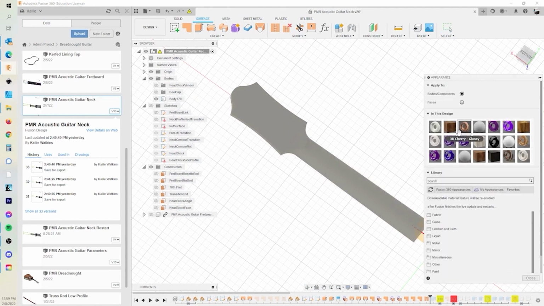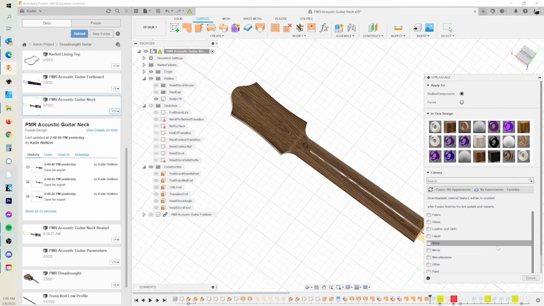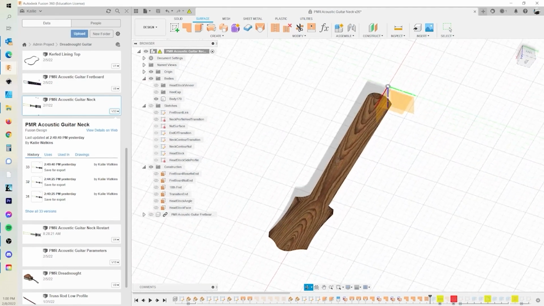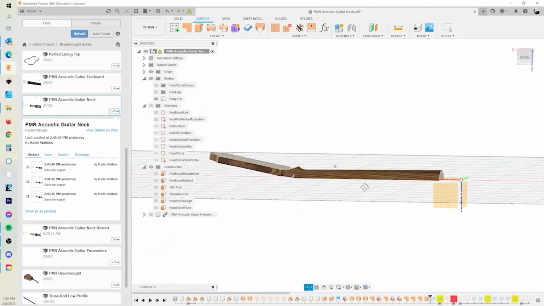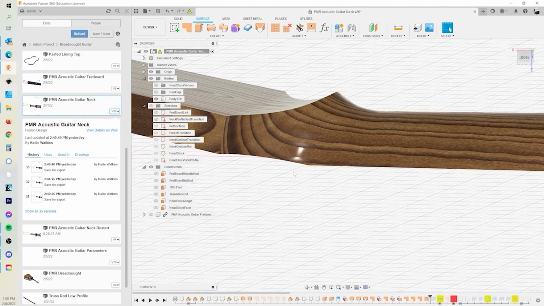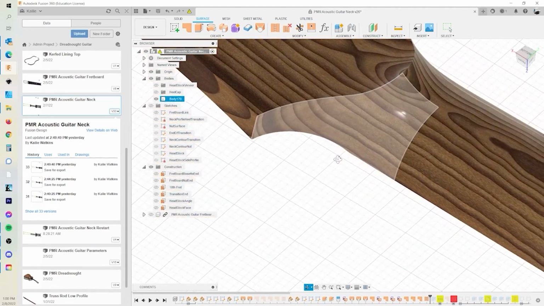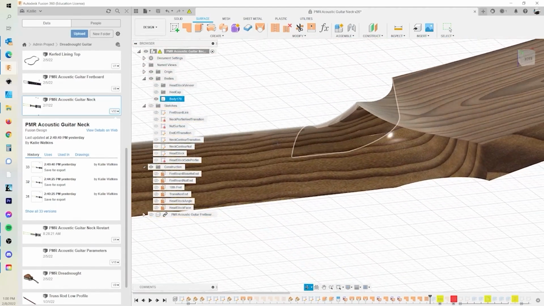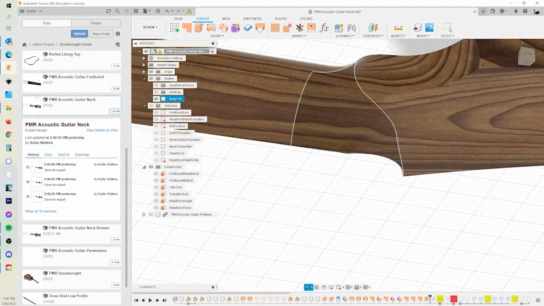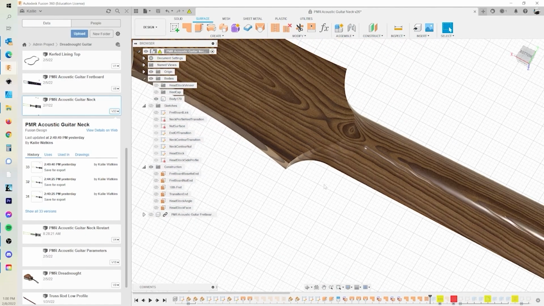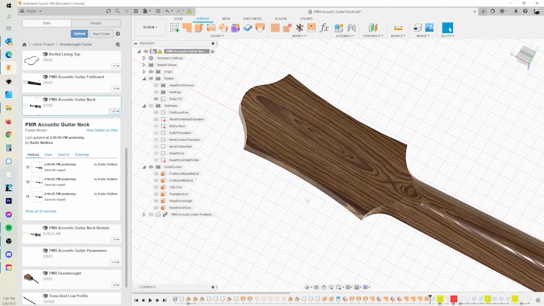We'll do a couple of cosmetic things here. We'll give it some wood grain appearance. And just take a look at all the transitions. Now that it has that wood shiny surface, you can kind of see that it's all very smooth. And then we might want to